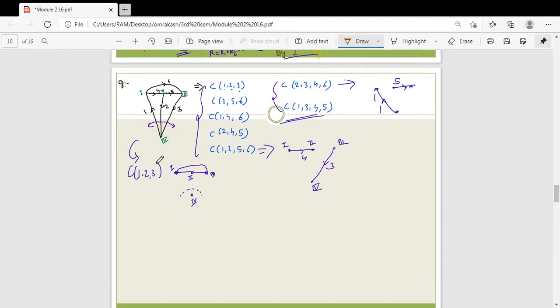Now see the cut set for this graph. What is a cut set for this graph? If I remove these three branches, 1 2 3, then this is separated into two sections. This is node 4 and the rest of these three. So this is one cut set. Same way you can also find out with this.